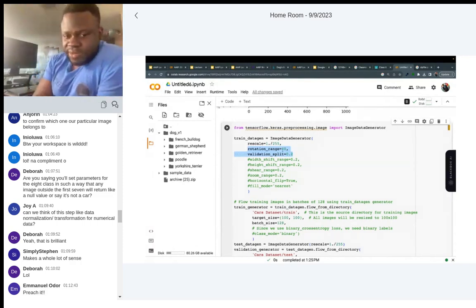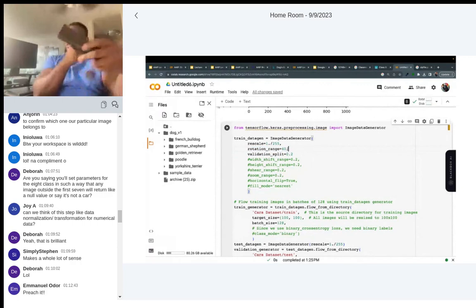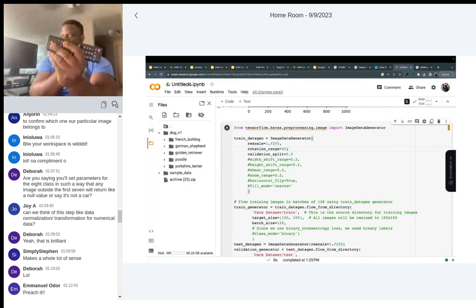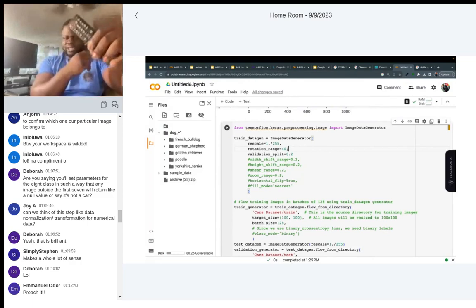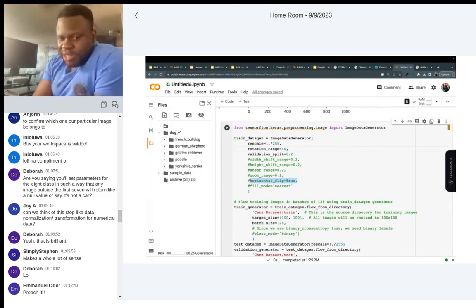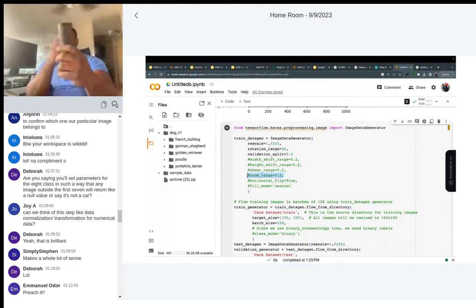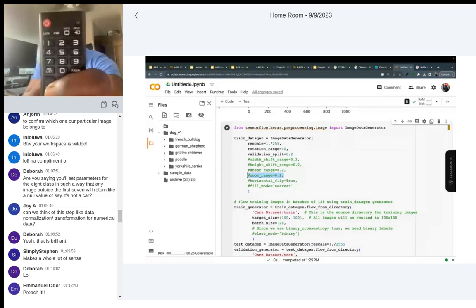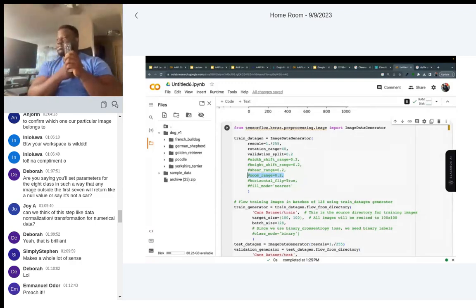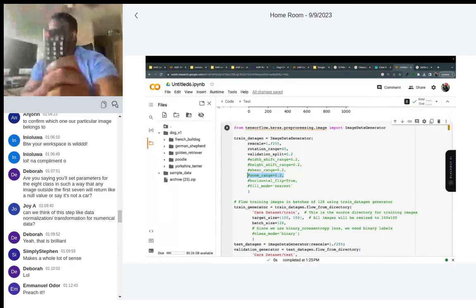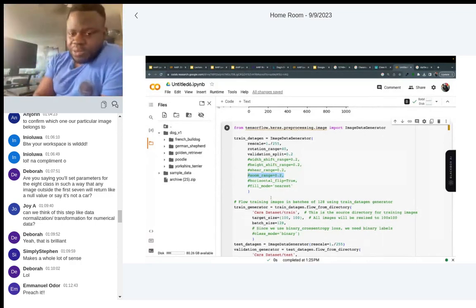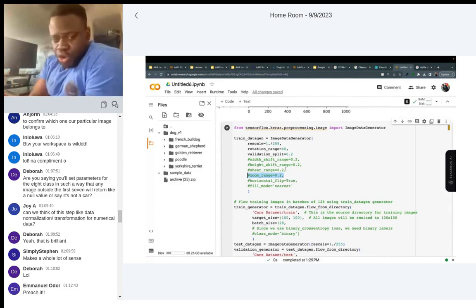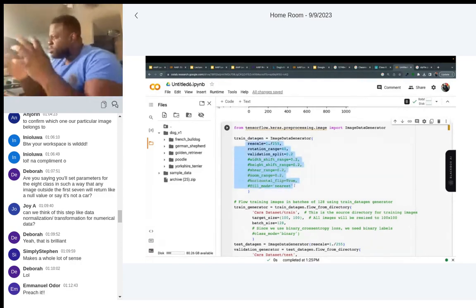It will rotate it. Now, imagine I'm taking the remote like this. What if they horizontally flip it like this? You understand? So there's horizontal flip, there's zoom range. What image data augmentation will be doing is zooming the image, taking some image like this, training the model on it, then training it like this, and like this. It will be zooming it based on what you set. So in this place, it will zoom it by 20%. All these things are called data augmentation.